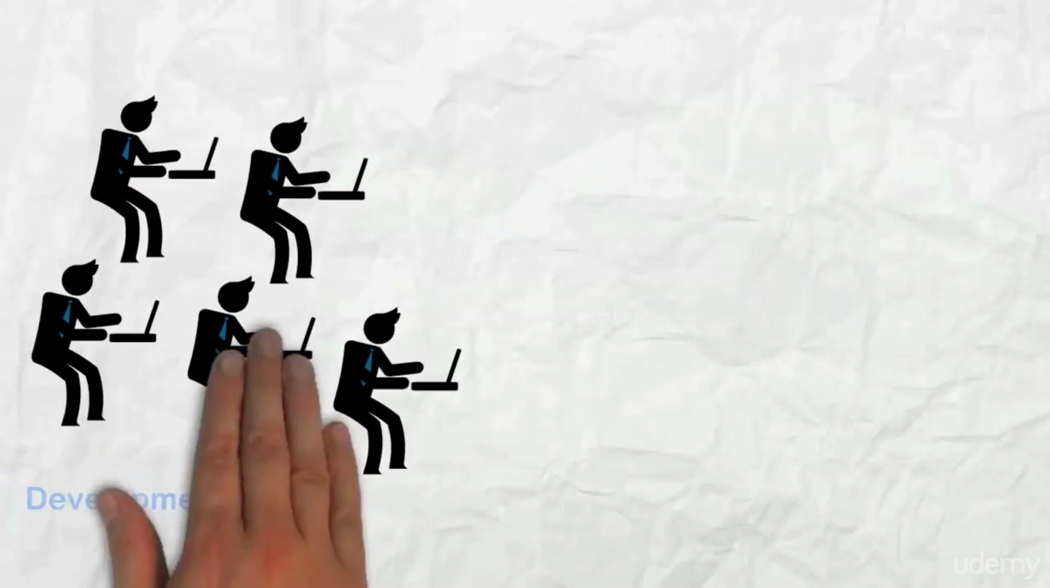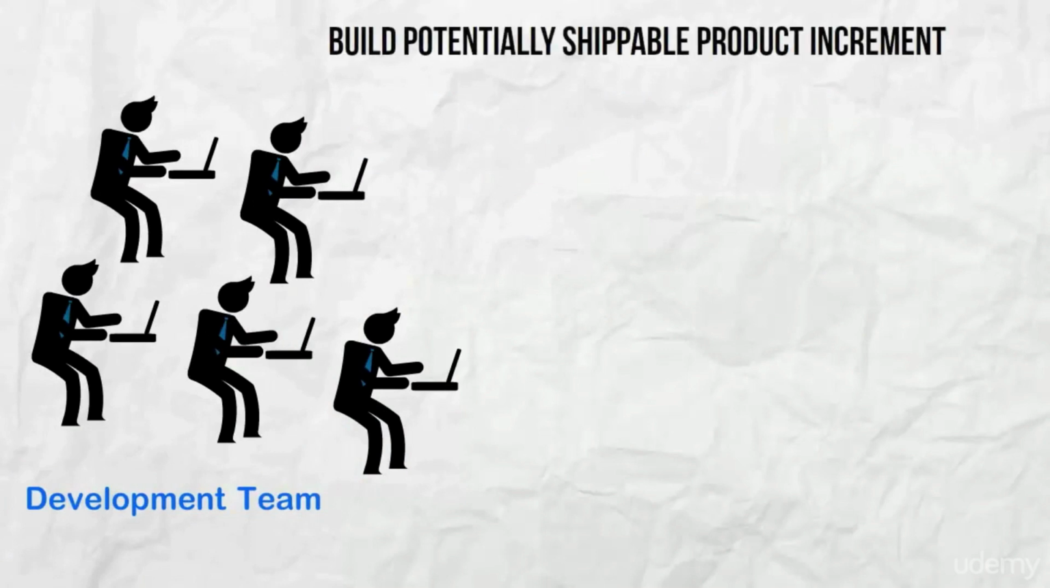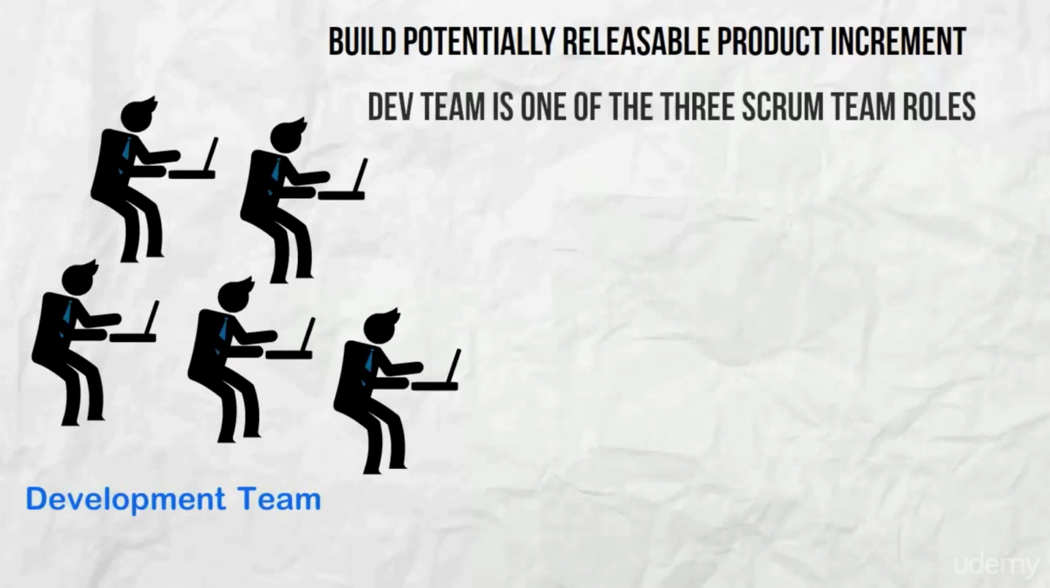The Development Team. The team are responsible for building a potentially shippable product increment in each sprint. Scrum is clear that there are only three roles in the Scrum team. It does not go into the specifics of all of the different possible knowledge experts within the development team because the idea is that if push came to shove, team members would collaborate to perform tasks outside of their role